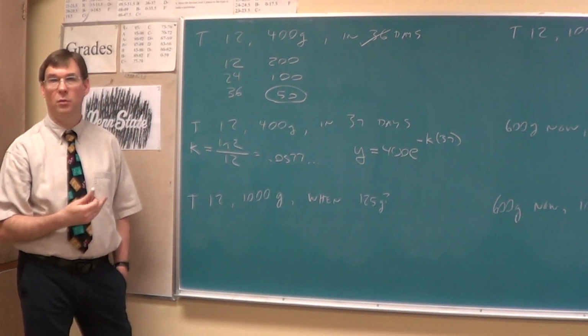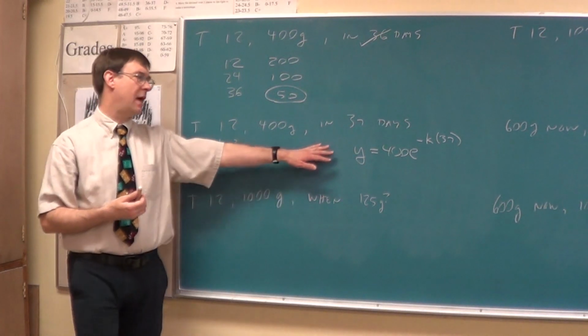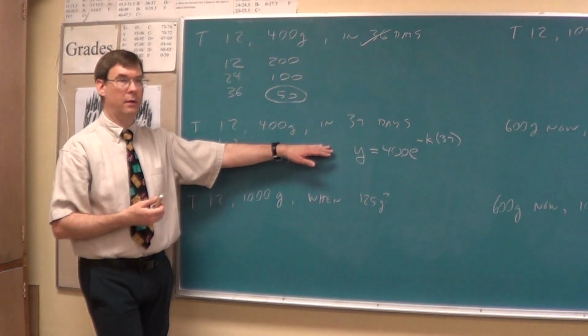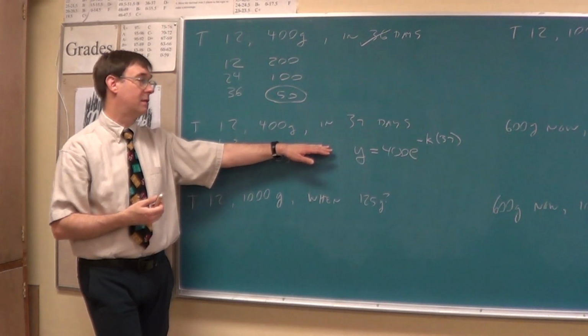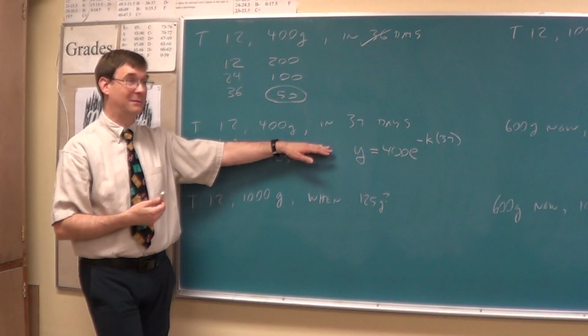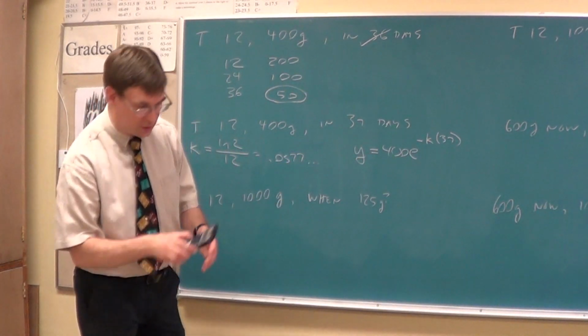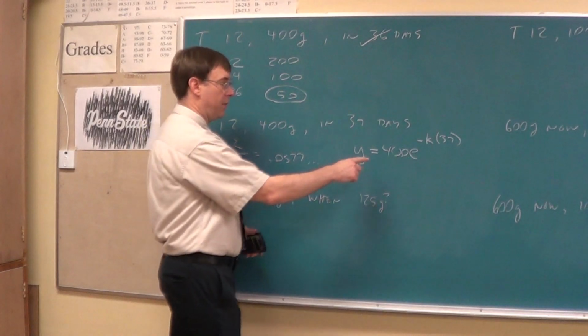Question about how I knew which number went where. Algebra easy or algebra difficult? To solve for the variable? Get the variable alone? Easy or difficult? It's already alone. So that's definitely easy. All you're going to have to do is push some buttons. So buttons we're looking to push here would be 400